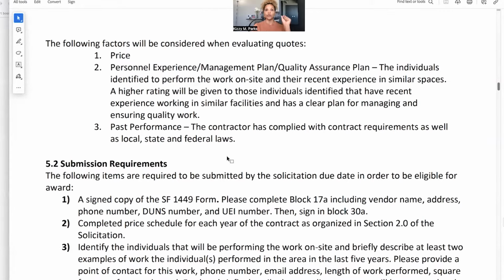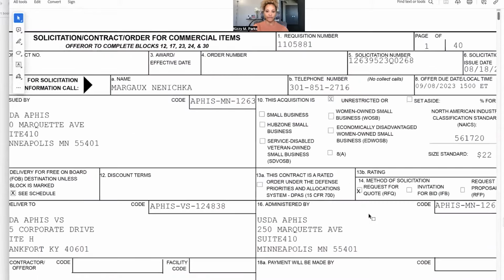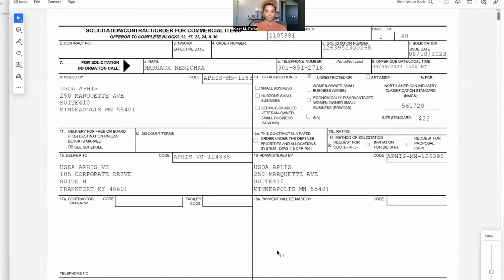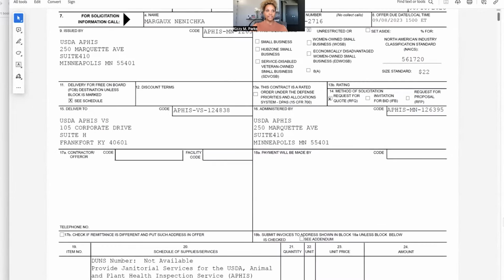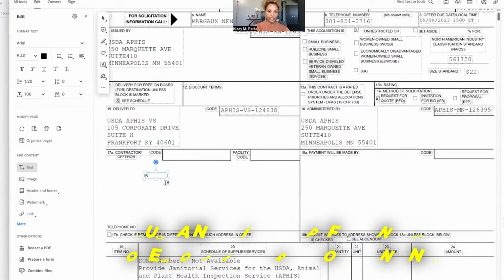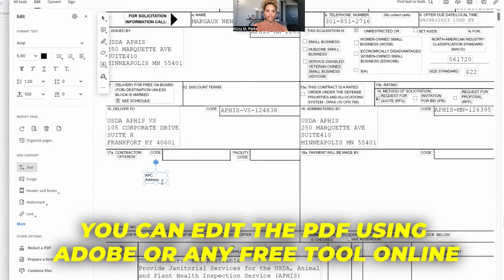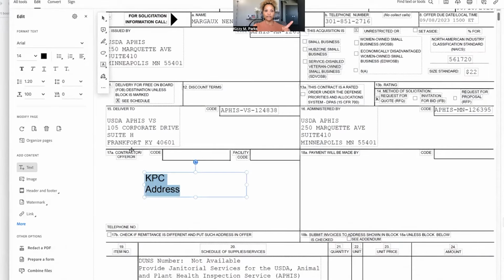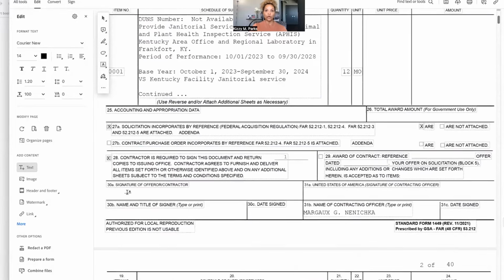Now we're moving into the cover page and the 1449. This is the 1449. It's provided by this agency and it is required in order to bid on this opportunity. It's very easy. You go to edit. If you have an advanced Adobe account, you type in here your business name, your address, all of that goes here. You're filling out 17 alpha, you're putting your phone number here, and you're putting your cage code here. Next, you are filling out 30 alpha, that's your signature, 30 bravo, this is your name and title, and the